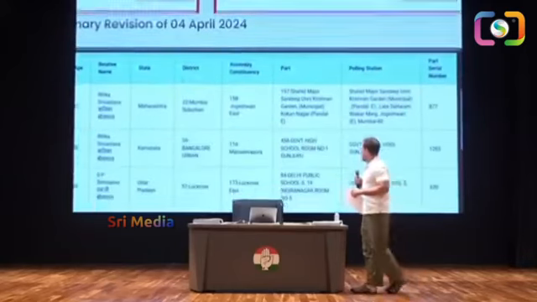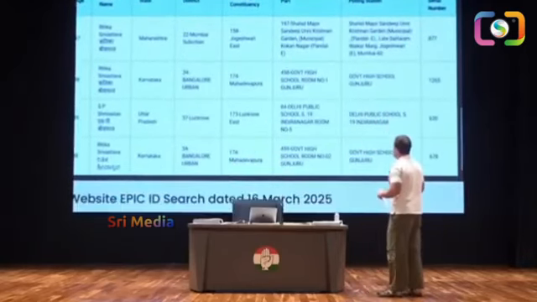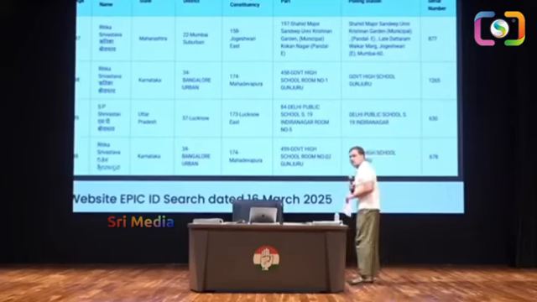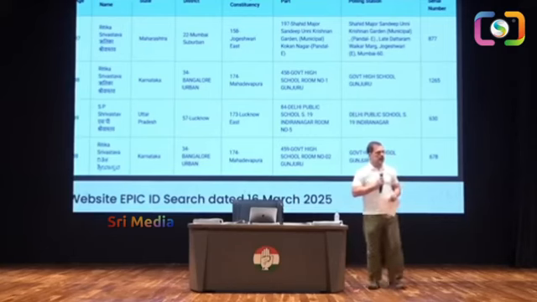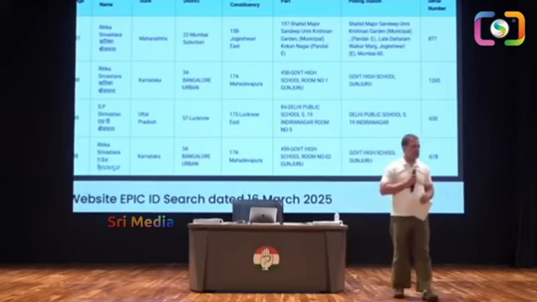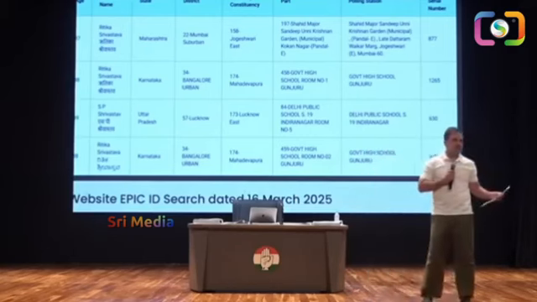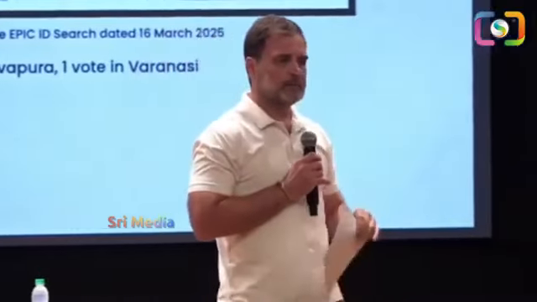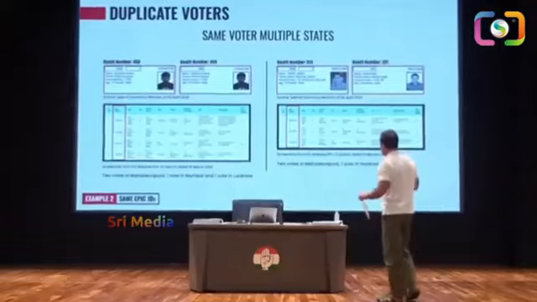Go down. And then this gentleman goes Karnataka, Uttar Pradesh, Karnataka, and Maharashtra. So he's got his name on 4 lists, different states, different polling booths. And I remind you, this is not an individual. There are thousands and thousands of these people that we found. Duplicate voters was what, 11,000? So there are 11,000 people who are voting 3 times, 4 times, multiple times. Right? Okay, now let's go to,